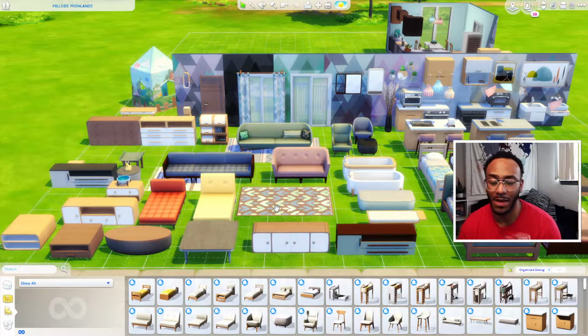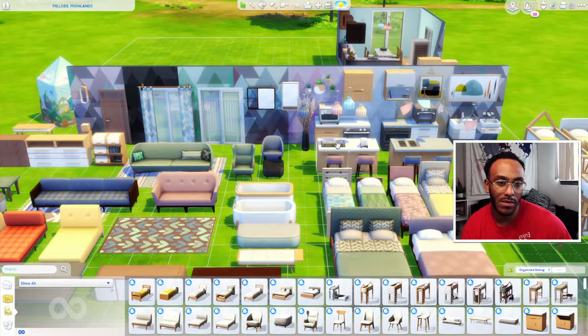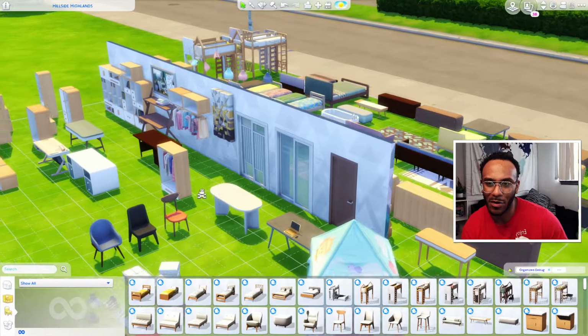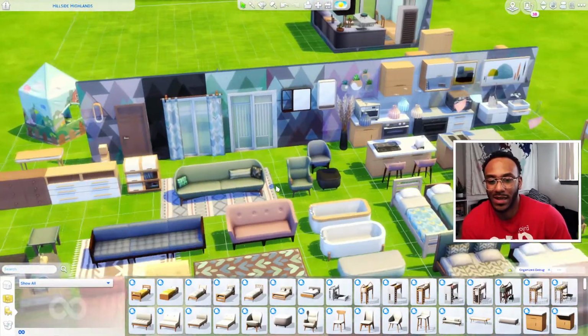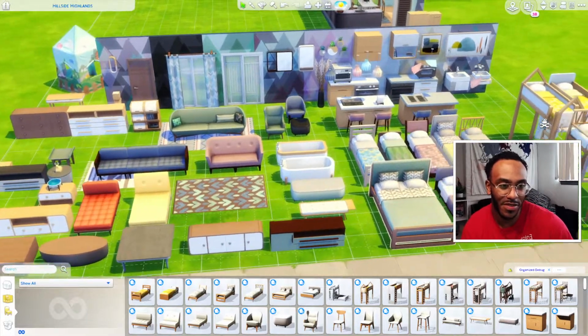But let me know your thoughts on the objects down below. My favorite thing is probably the couches, but I think that's everyone right now. The couches, the kitchens, and the artwork are probably my favorite objects. The sinks are really nice, but that's a weird thing to be a favorite object. Everything's nice. It would probably be more beneficial to say what my least favorite thing is, and that's